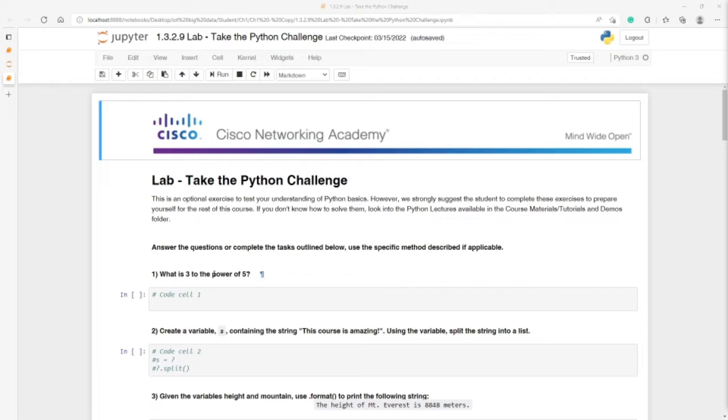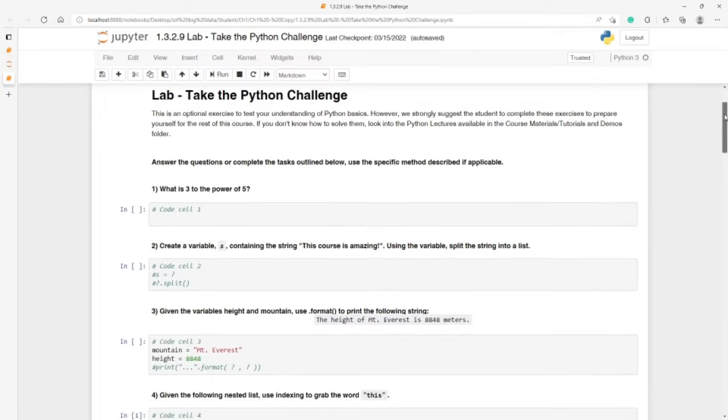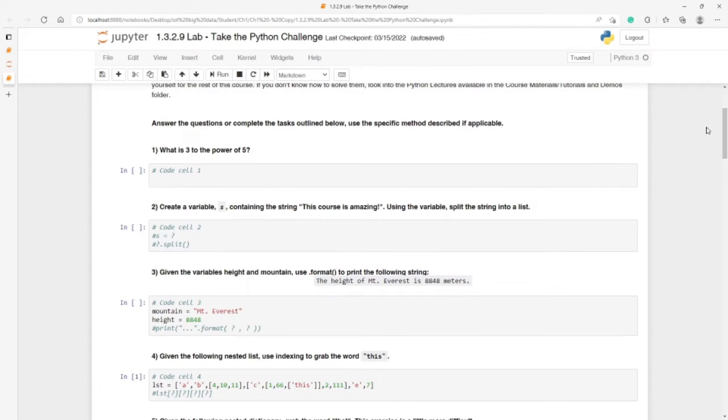Okay, so let's start with the first task, which is about what is 3 to the power of 5. So here we need to write a code to find 3 to the power of 5 in Python. So we use the power operator, and here we put 5, and then you can type this to run the